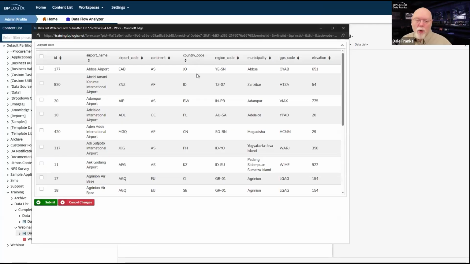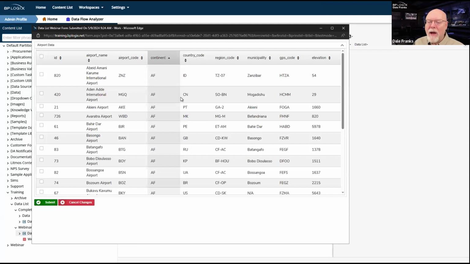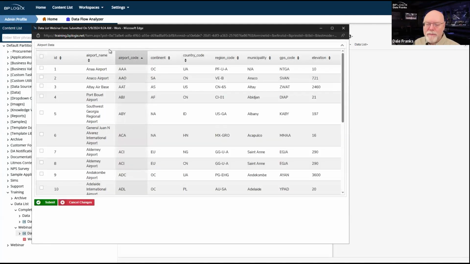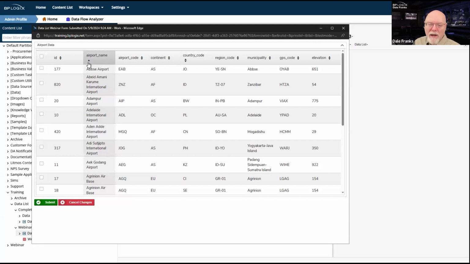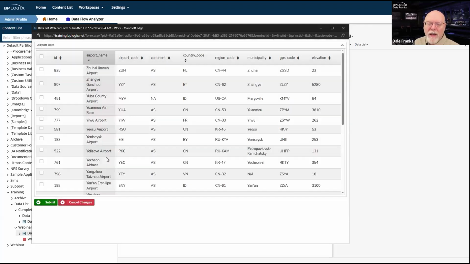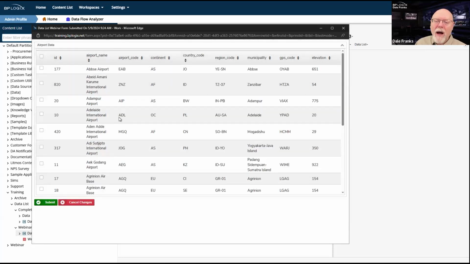But if I just pick sorting, then I can now sort inside the data list control by clicking on the sort icons. And obviously, by default, it's going to sort ascending, then it's going to sort descending. So it's going to go from Z, or Z for our Canadian friends, to A, or then I can just go back to the default sort order. The sort order that I'm doing here has no effect whatsoever on the sort order that is specified in the business value.